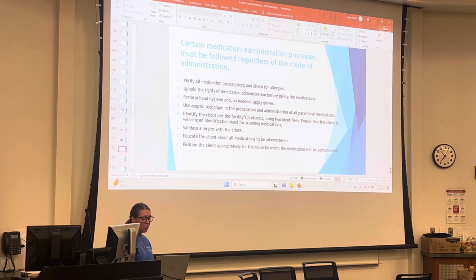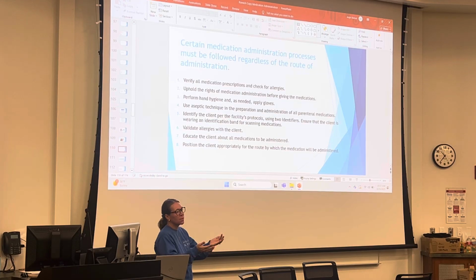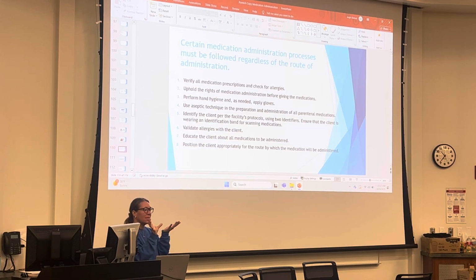Aseptic technique in preparation and administration of all parenteral medications. So next week in lab, you guys are gonna practice with your syringes, right? With the hands on. You guys just take it one day at a time. But next week you should be starting to practice with them. Okay, so like I said, some drugs come already pre-filled exactly how we need to